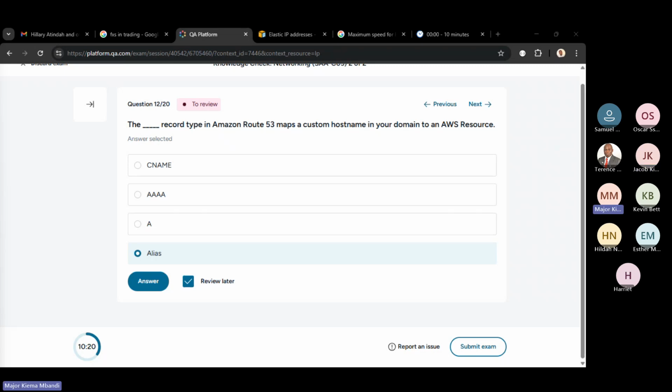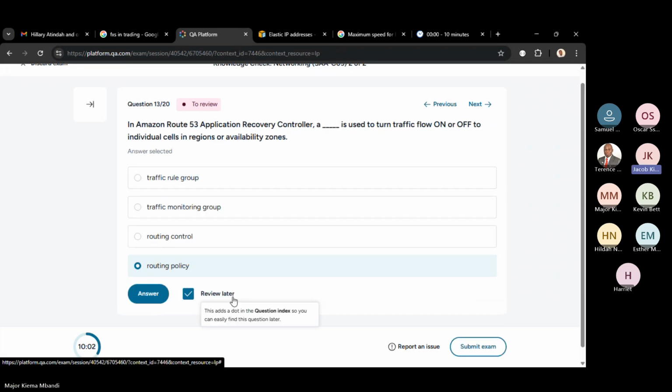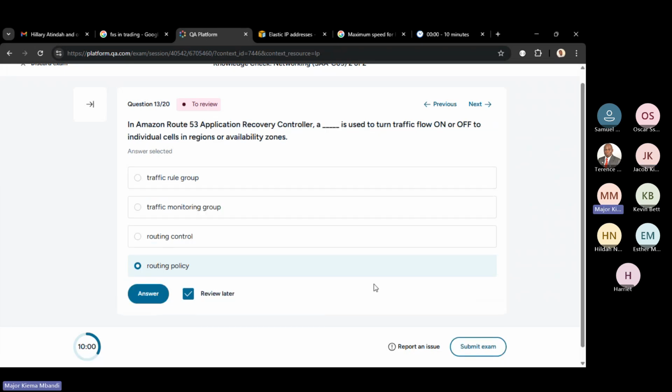Sam, why are we not voting? Sam, you also vote. So far we have three Ds, so I think we'll go with D. Sorry, Kevin, but we'll review. Maybe yours is the right one. We'll see. So question 13, in an Amazon Route 53 application recovery controller, a dash is used to turn traffic